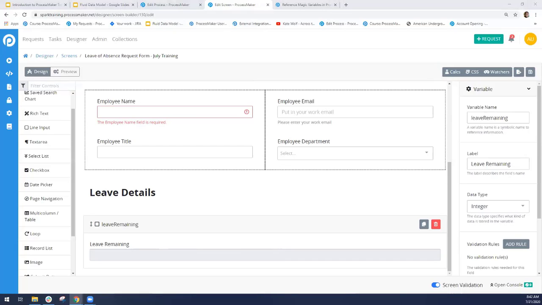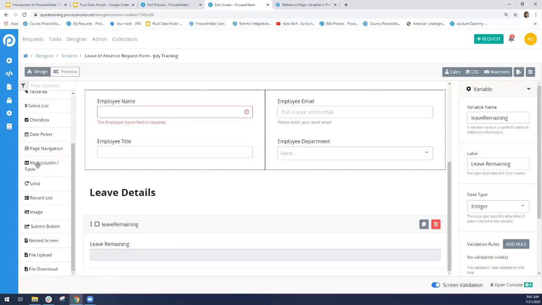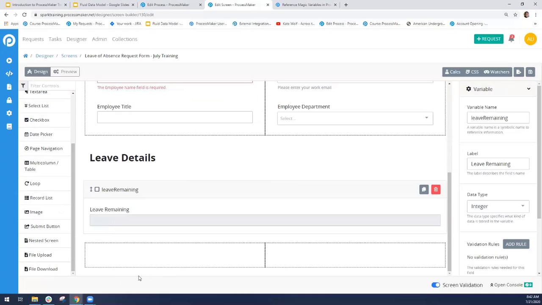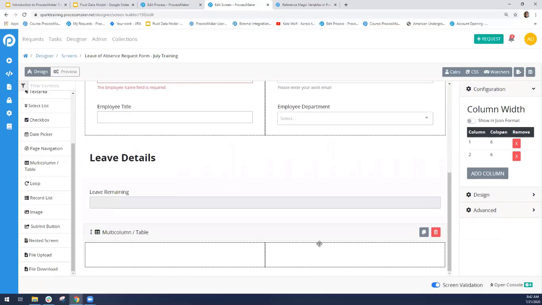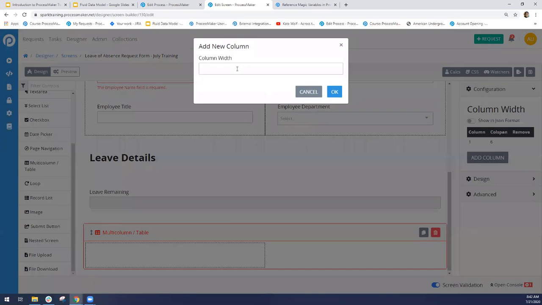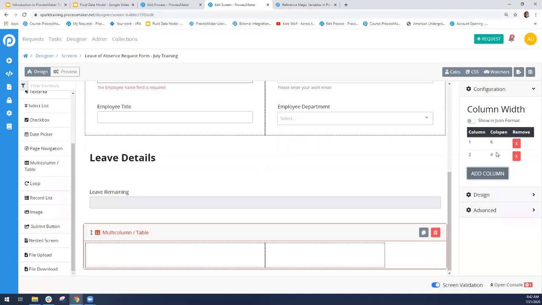All right, so the next thing I'm going to do is divide the next row into 3 columns. So I'm going to use a multi-column table control here. And then I am actually going to divide this into 3 columns. So there's 2 ways to do that with a multi-column table control. I can use this way through the interface. So I'm going to just remove one of those columns, and then the column width needs to be 4. I'm going to divide it into 3 equal columns, so they're all going to be 4, 4, 4. Again, you can only have them add up to 12. So that's one way, as I can do that through the